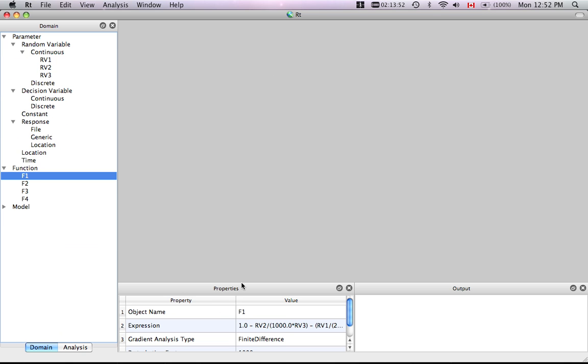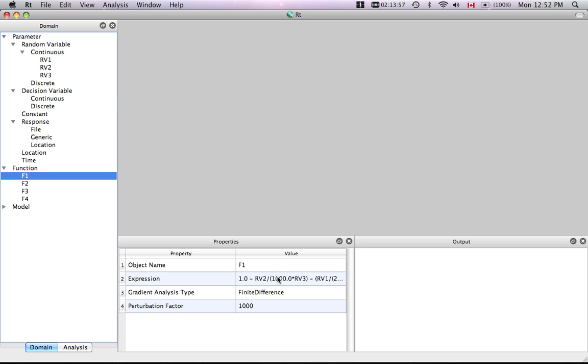What I will do first here is to study function number 1, and let me go down and look at the expression here that we have. Looking at this, we have two terms. Here's one, this is the last one. Here's another term. As I'm moving in front here, we have the 1 minus in front. What I would like to do first is to remove that 1 minus, and I will put a parenthesis in the front, and then I would add these two terms. So I put a plus sign in between here and a parenthesis to complement the one I put in front,